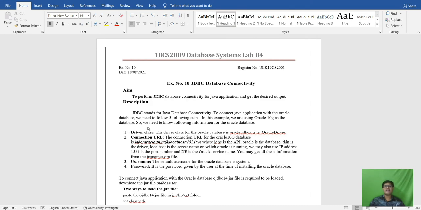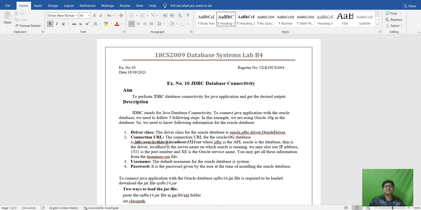Next we have to create the connection URL. For the connection URL we use the connection name and a new connection, and we paste the URL such as jdbc:oracle:thin:@localhost, which is the localhost we use for Oracle, and this is the default port number 1521, and then :xe.